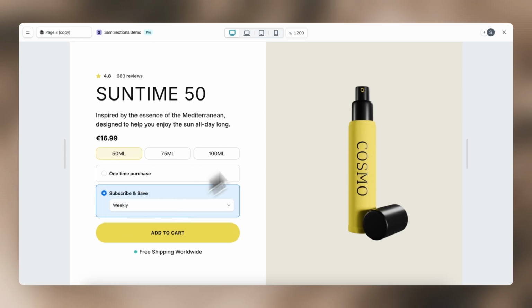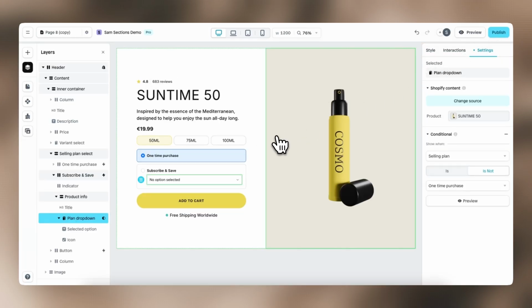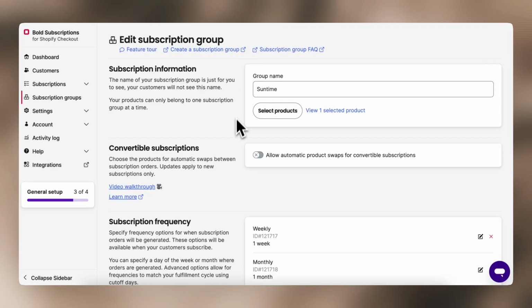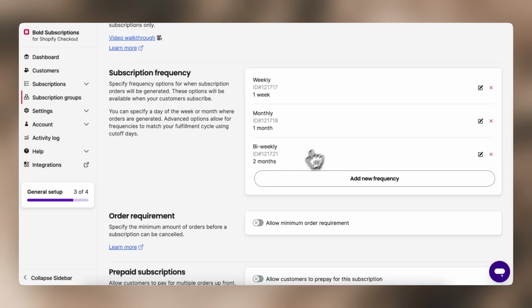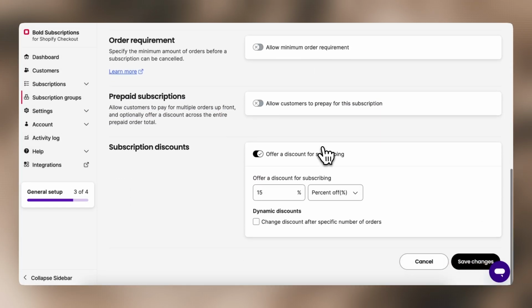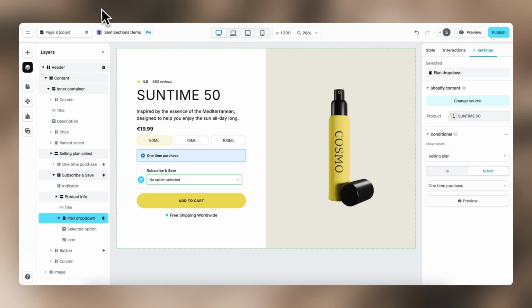The subscription options in this example are coming from Bolt subscriptions. So when we head over to the Bolt product, you can see I've created a subscription group for the Suntime product. I've created 3 different intervals, and for each interval there is a 15% discount. And automatically these subscription options will appear within Instant. And this is not exclusive to Bolt subscriptions, but works like this with any other subscription app that integrates with